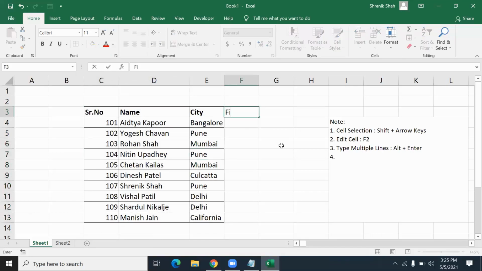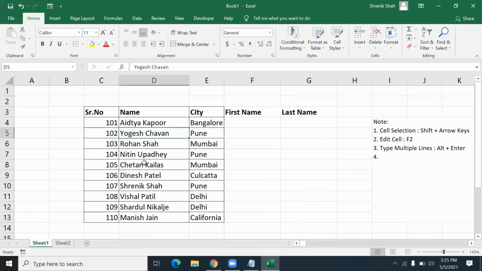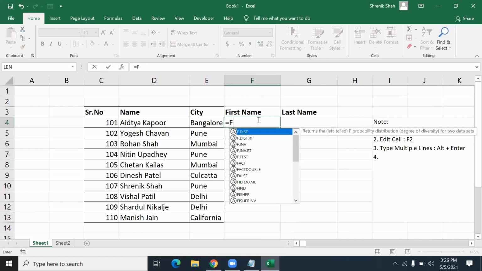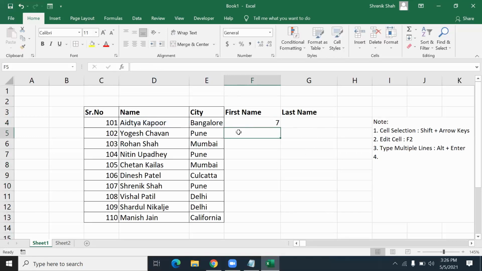Next I here want to separate the first name and here I want to separate the last name. So in Excel, we can do calculations and we can separate the first name and last name from the name. So here if I type any function like left or right function or the find function, using that I can separate the first name or last name from the selected cells.